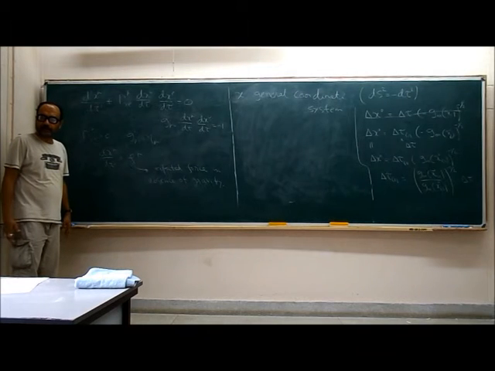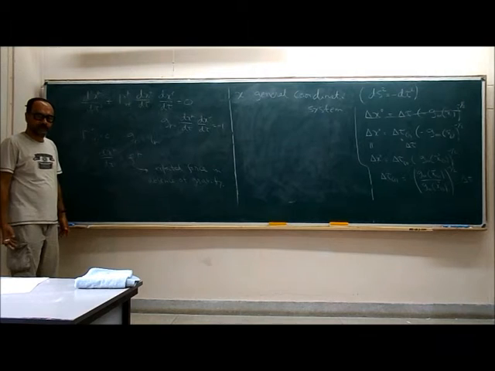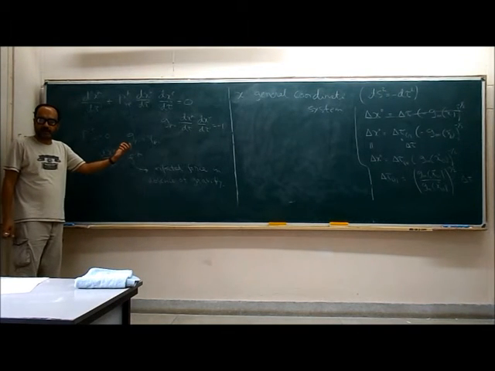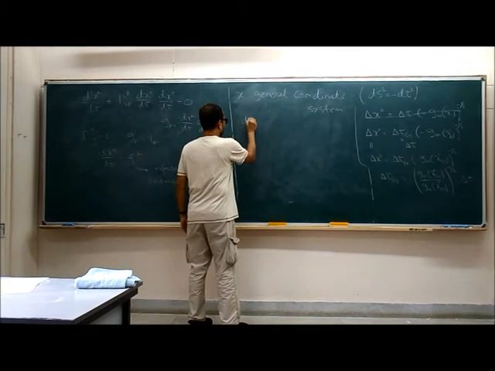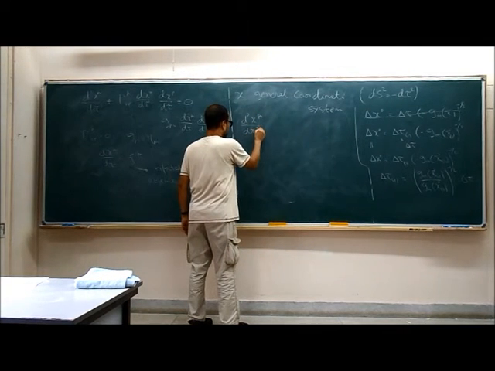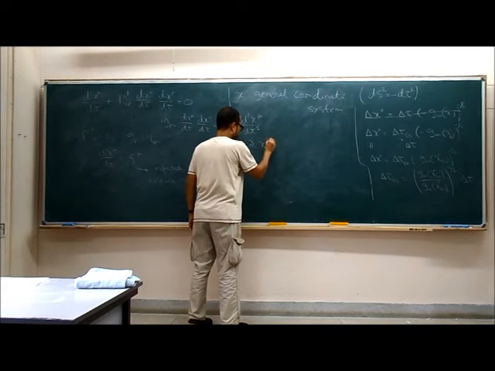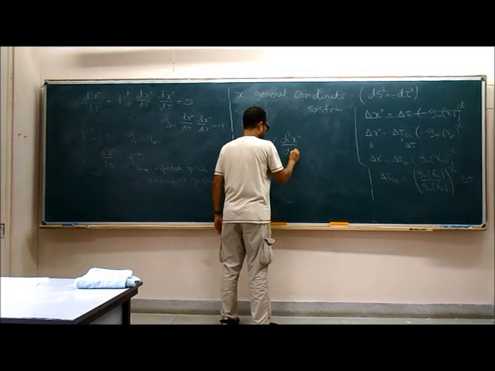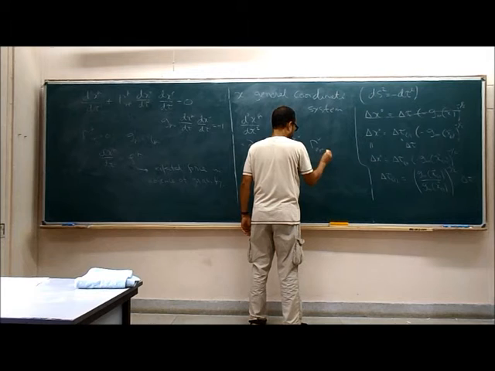In fact, we have done it in the context of the free particle, when we were trying to derive the equation of a geodesic. We started from this equal to 0 and rewrote this in terms of the x coordinate system. So in the general coordinate system, we know that d2 x prime mu d tau square is given by del mu x prime mu times d2 x mu d tau square, gamma mu sigma